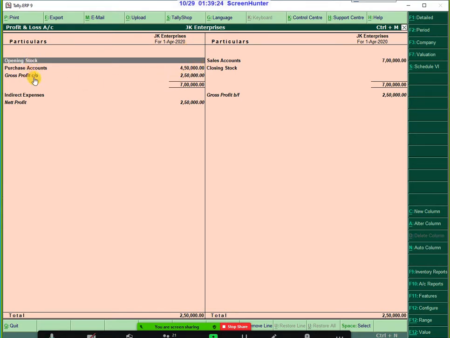See, under the opening stock, purchase accounts having the value 4,50,000. Gross profit 2,50,000. Total is 7 lakh. Okay, so net profit will be 2,50,000. See, in the sales account there are 7 lakh, closing stock is nothing there. Gross profit balance forward